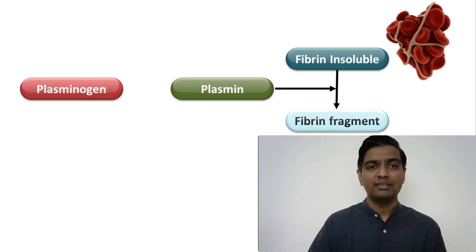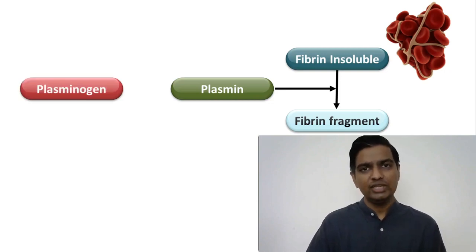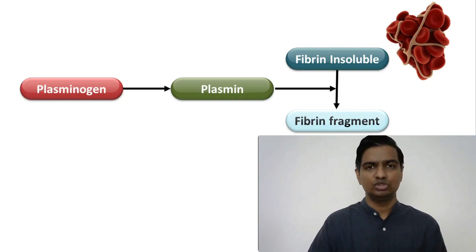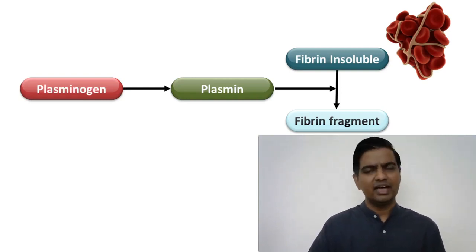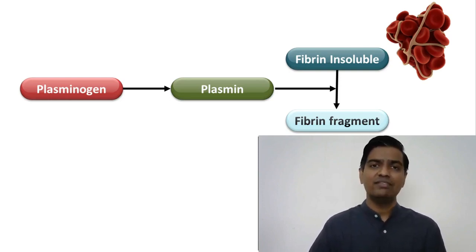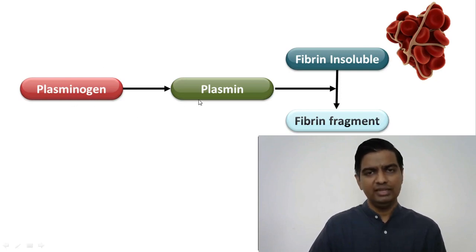Now who activates plasmin? Plasmin actually is present in the form of plasminogen. It is present in our body also, but it has to be activated to plasmin before it can start the process of breaking the blood clot. So we have something called TPA, tissue plasminogen activator. Tissue plasminogen activator will convert plasminogen into plasmin. This plasmin will break the insoluble fibrin clot into fibrin fragments or fibrin degradation products, and that's how things would be. Easy.